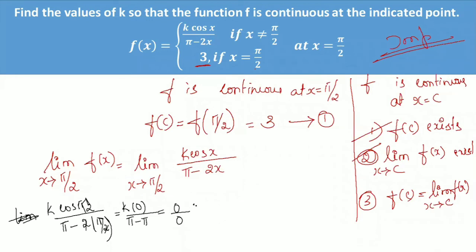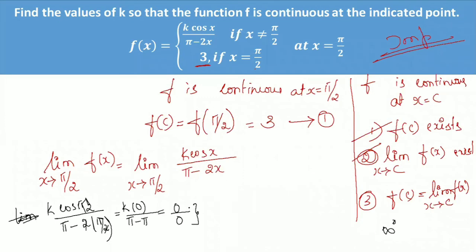Is it a well-defined form, students? 0 by 0. Do you remember in the first PUC we had discussed, we can discuss the limiting value only if it is in a well-defined form. 0 by 0 is not defined. 0 by 0, infinity by infinity, or infinity power 0. If you have such forms, you cannot directly put the value of x, which means you have to do some changes with respect to this function.